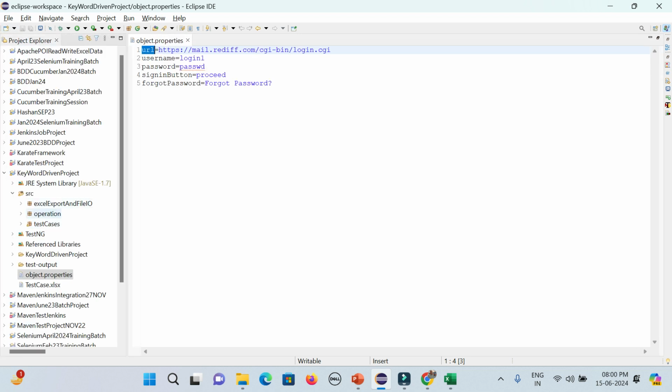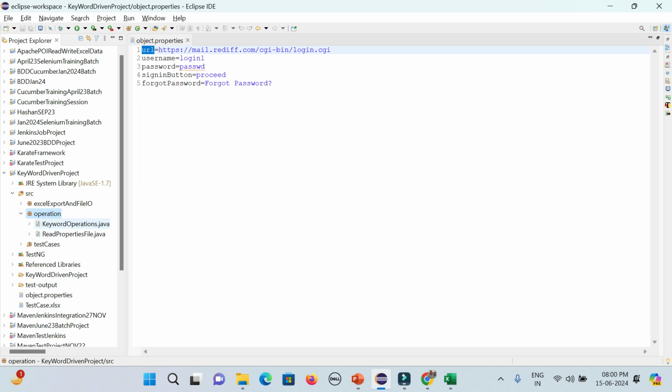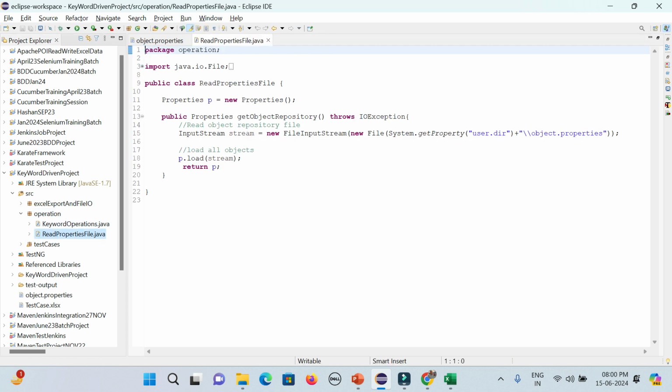I have created a package called operation. So I have created a Java class. Simply right click on the package, new Java class, ReadPropertiesFile. So you could see I am creating an object for the Properties class. This is the class available in Java. Then I am creating a method called getObjectRepository. Then I am, with the help of the input stream,